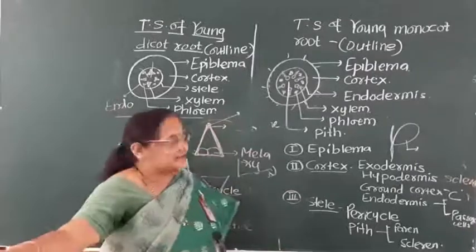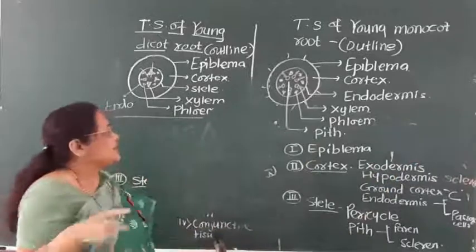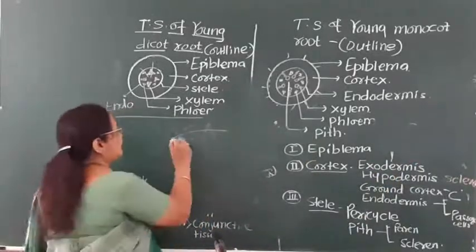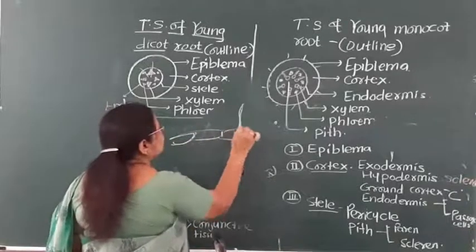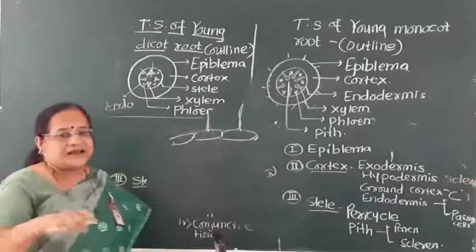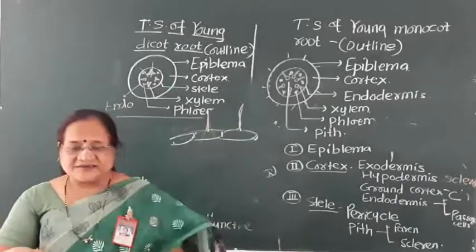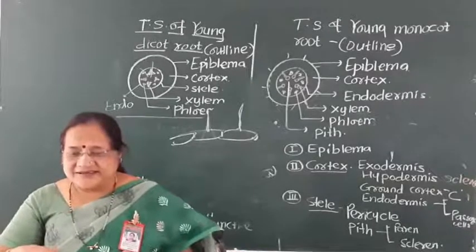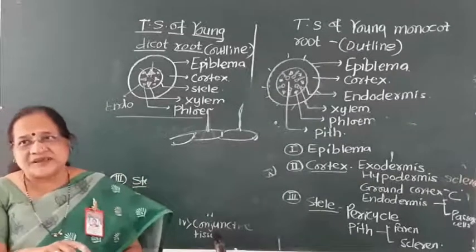From these cells we get extensions, which are root hairs, unicellular structures. The cuticle, an extra protective layer, is absent,